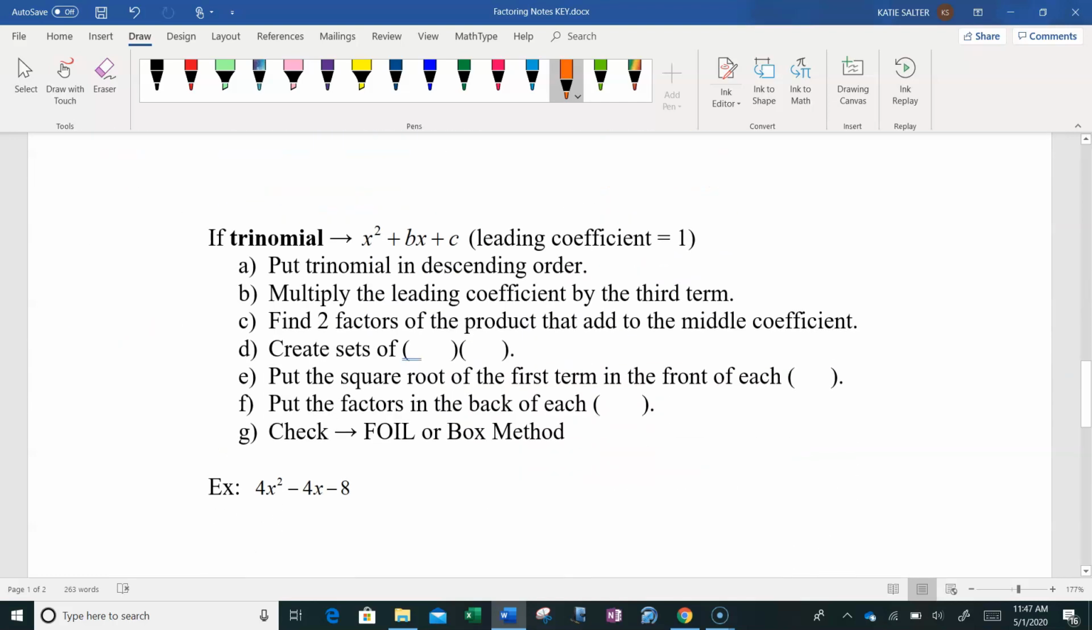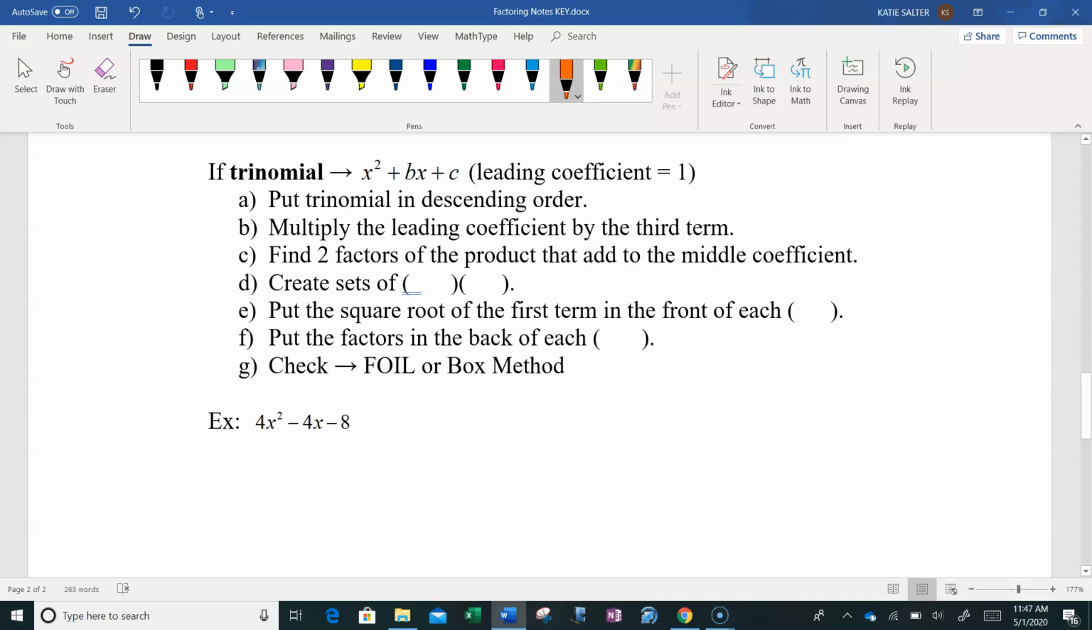All right, so what if we have a trinomial and the leading coefficient is 1? In that case, we can shortcut it. But remember, the first step is you always want to look for greatest common factor. So when I first look at this trinomial, my leading coefficient isn't 1, but all of these terms are divisible by 4. So I'm going to factor out the 4 in front, and then we are left with x squared